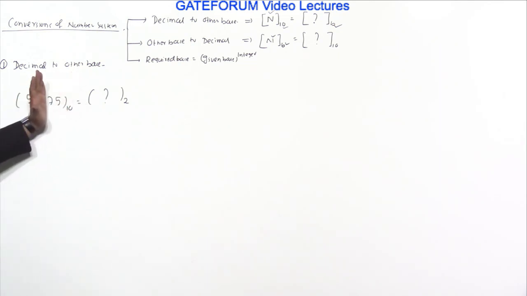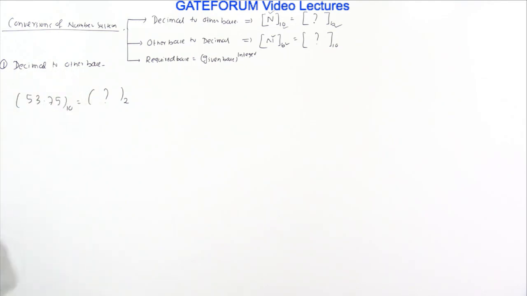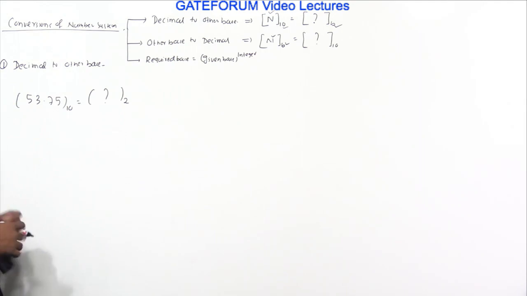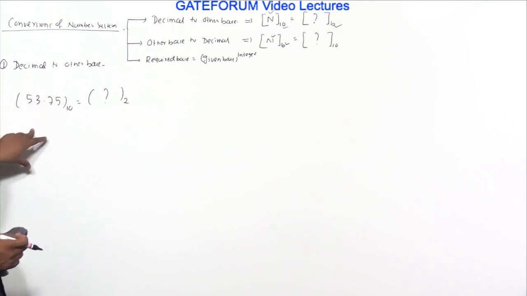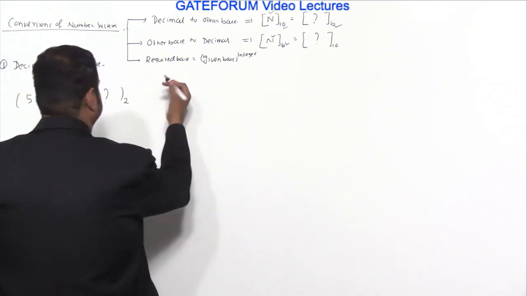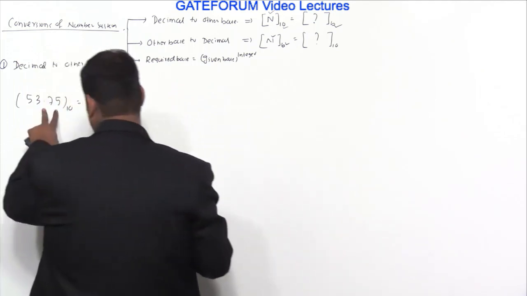Left of the decimal point, or the radix point, is the integer part, and right of this is known as the fractional part. Without giving the proof of how it works, you can think of this as just an algorithm. What you do is repeated division by the required base. The required base is 2 here. I will be dividing the integer part repeatedly by 2 and multiplying the fractional part repeatedly by 2. So I will be dealing with 53 separately and .75 separately.